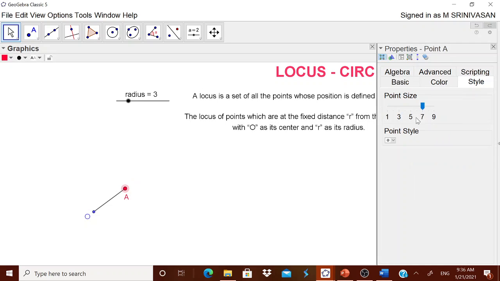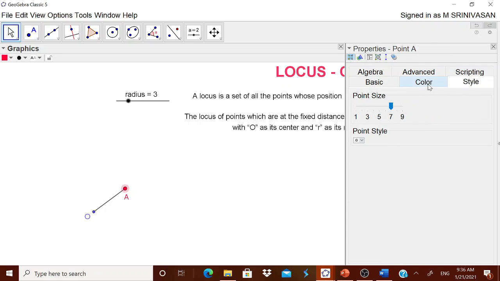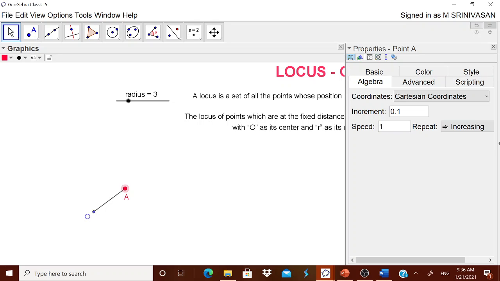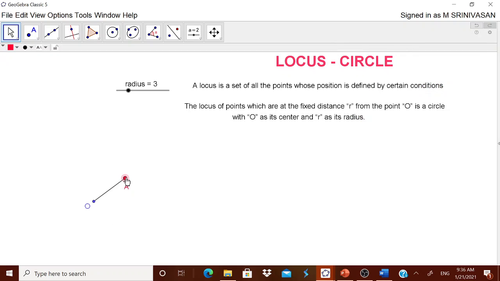In that, style, point style you can have, color you can have, basic you can have, animation you can have, algebra. There in algebra you are having the speed. Suppose if you give the speed as 0.5 for example, what really happens is repetition is increasing, oscillating, everything you can give. Now suppose when I go for this animation, you are seeing that this animation is going very slow. Therefore you can control this animation by right clicking it and going to the algebra.